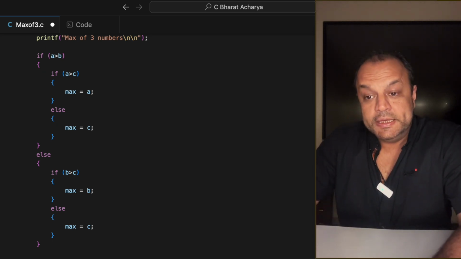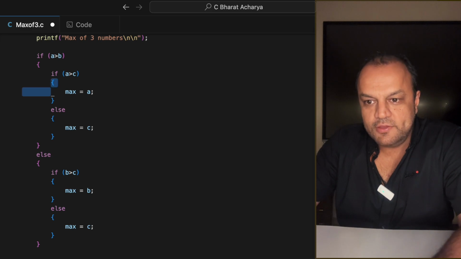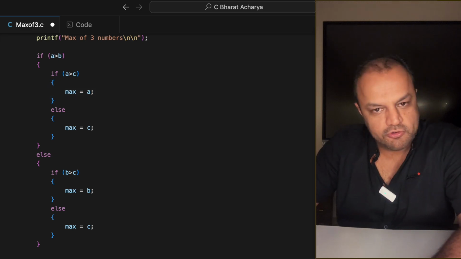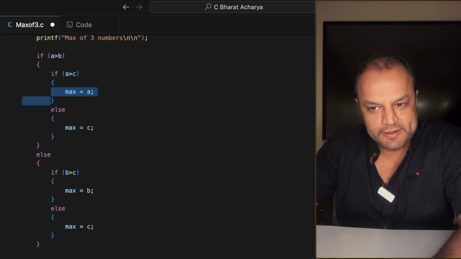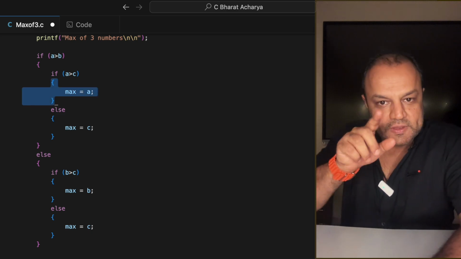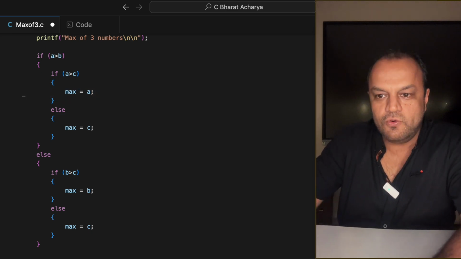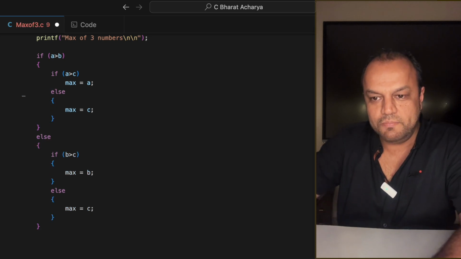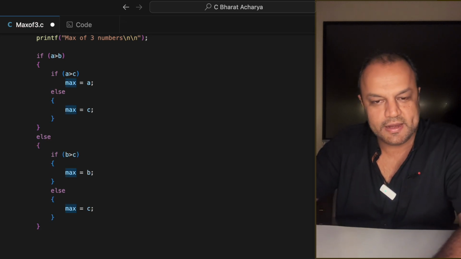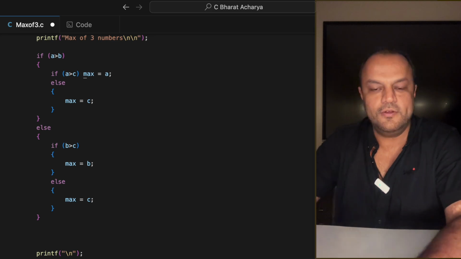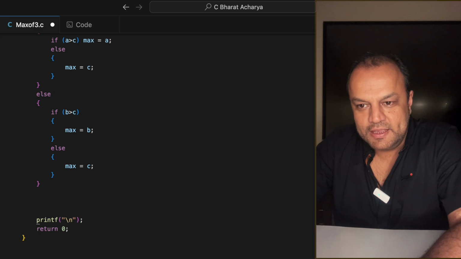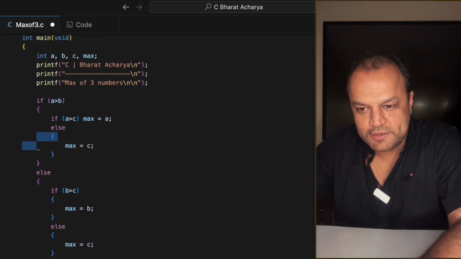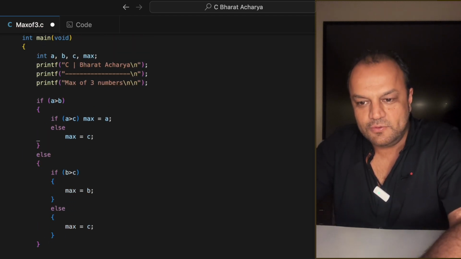Now, second question. Students say, sir, why are you making such big blocks? Very true. If this condition is true, I want to do only one line. When you want to do more than one line, you create this block by using curly brackets. If your code is only of one line, that block is not required. You can just write it over here. In fact, you can write it on the same line by just putting a space. So what that does is, it tremendously reduces the size of our program and makes it easier to understand.